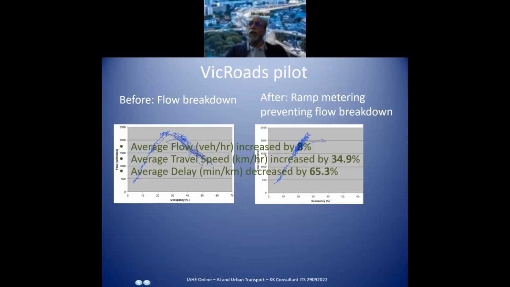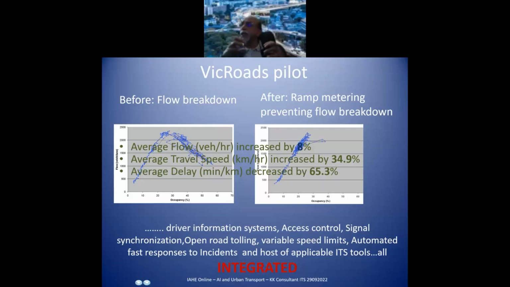Now, what is ITS? In other words, when it comes to implementation, we find ITS is an integrated system which has traffic signals, driver information systems, access control, area traffic management, open road tolling, variable speed limits, fast responses to proper incident management, and a host of other applicable ITS tools. And now, step by step, we will try to understand how we actually integrate a system and implement an ITS, and how that is going into the next level of